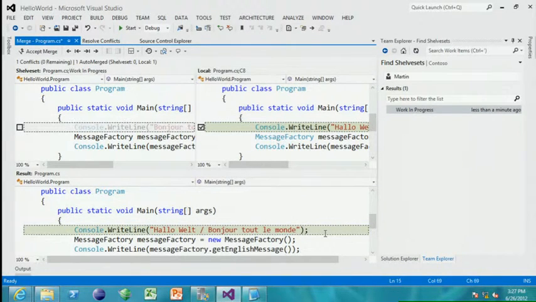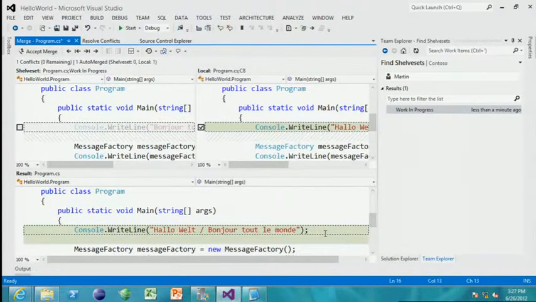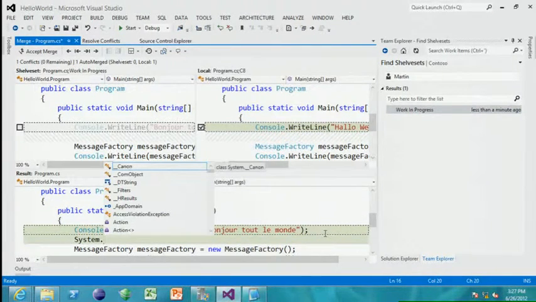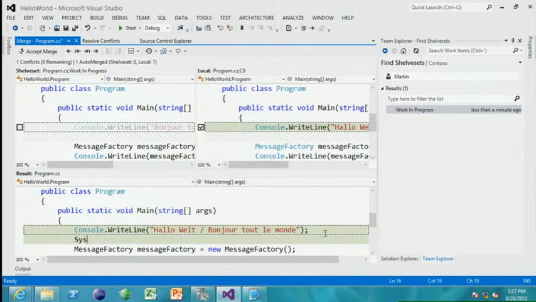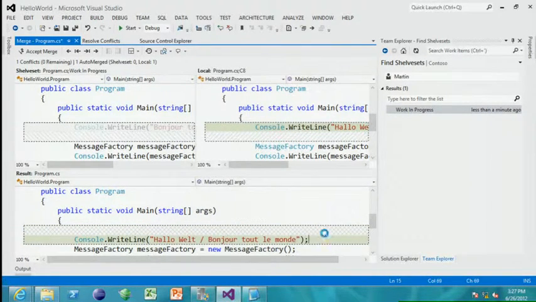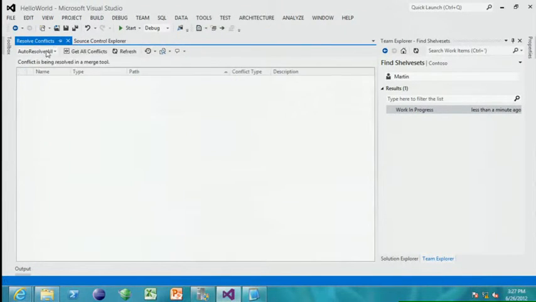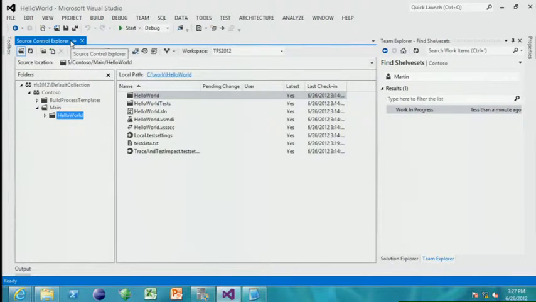And again, this is a full Visual Studio editor, so you have access to all of your IntelliTrace and IntelliSense and so on. It just all works. Great, so I'll do that. Super. So I'll accept that as the merge, and all the conflicts have gone. Notice